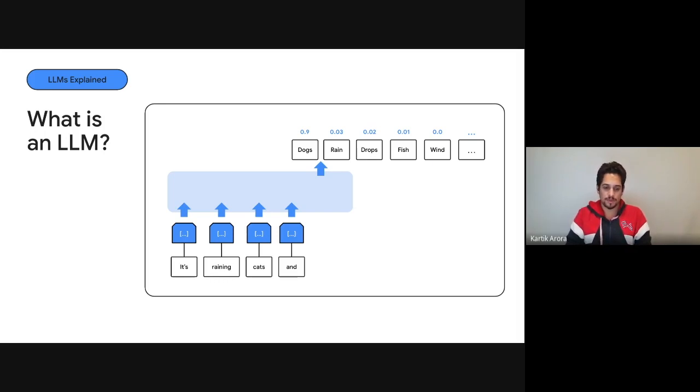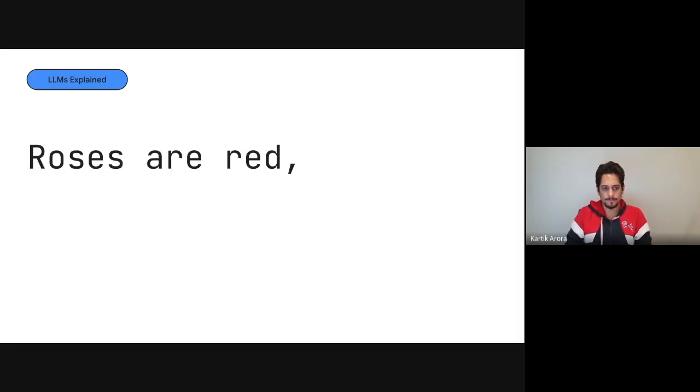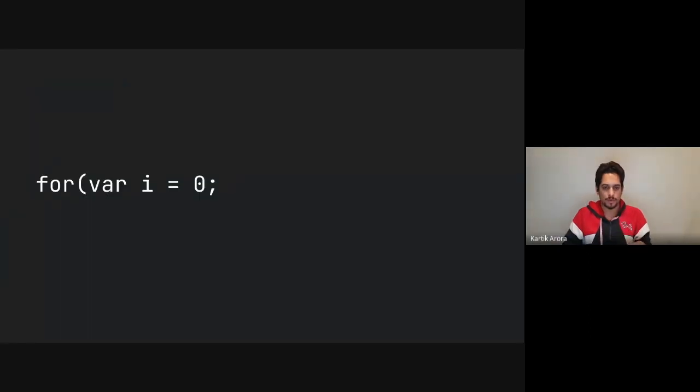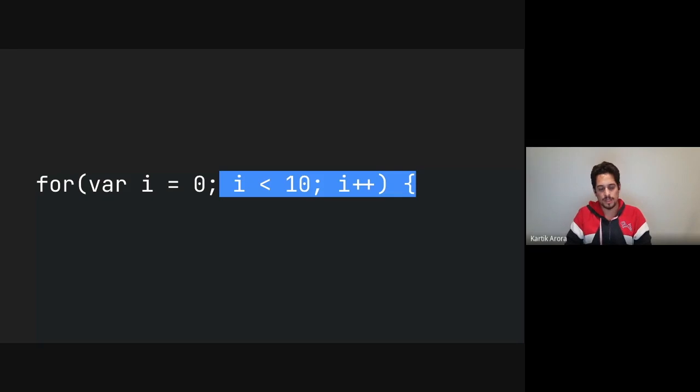So if you think about it, a large language model is a very, very sophisticated autocomplete. The autocomplete that we've had on our phones is a much smaller LLM. A model that is trained on poetry will predict an output that's poetic in nature. That's the nature of an LLM. If a model is trained on code samples, it will produce code as an output.